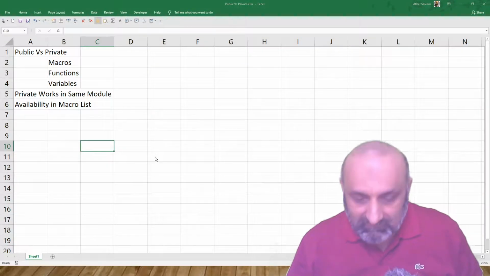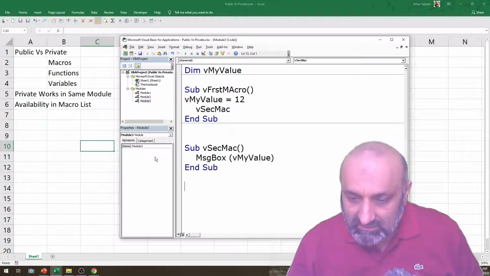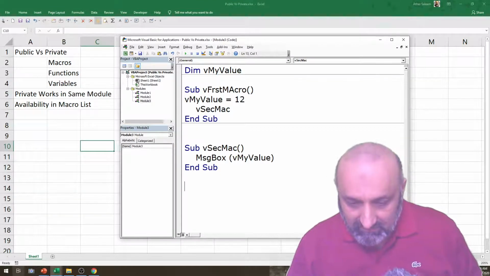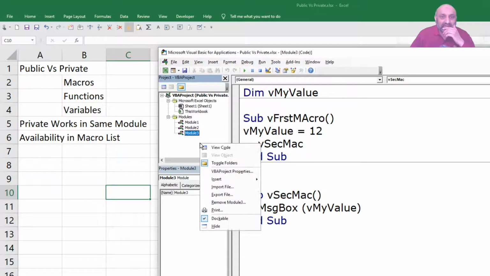So this is my Excel, and where is my VB? So let's insert another module.